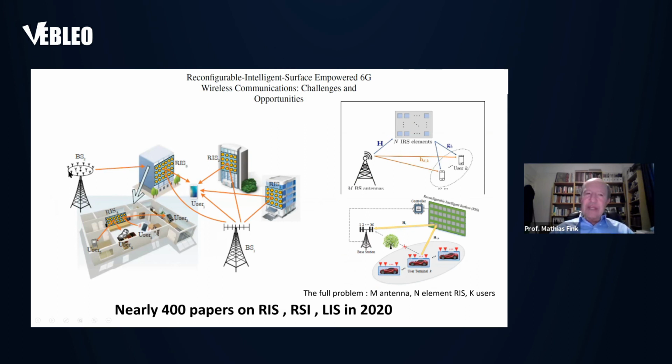Remember, with the base station going directly to the user, if you do not have a reverberating environment, the spatial diversity is not very good, because many times each element of the antenna of your base station is too close to the other to be completely uncorrelated. And you send more energy, but it is not well focused. 5G is only a smart base station to user. 6G can be base station plus passive wall.